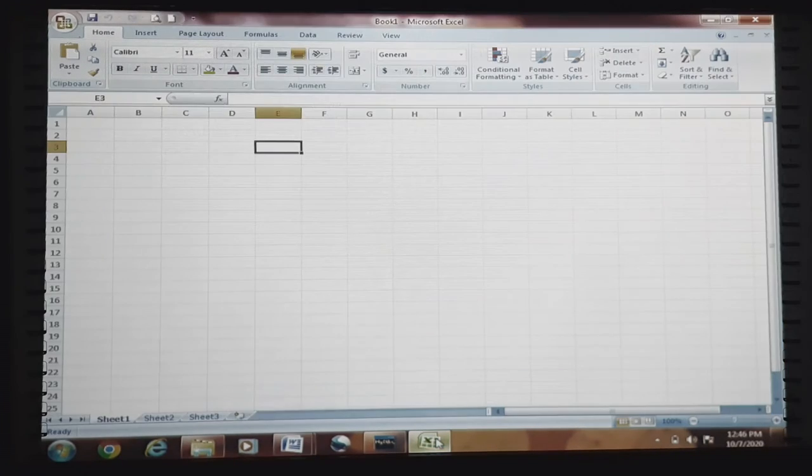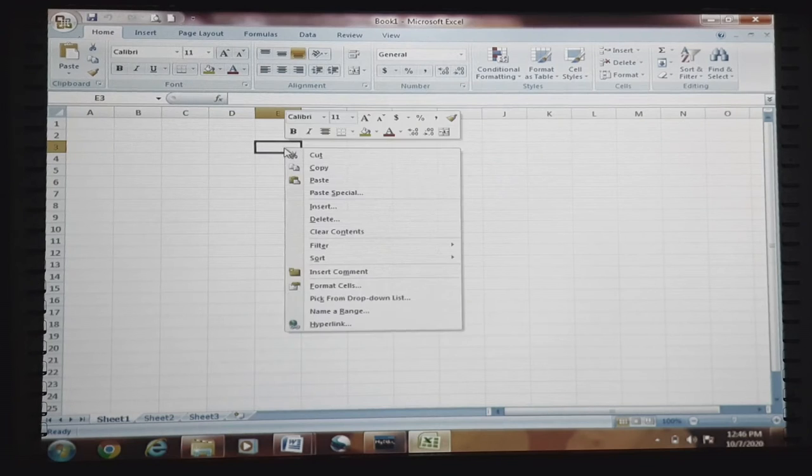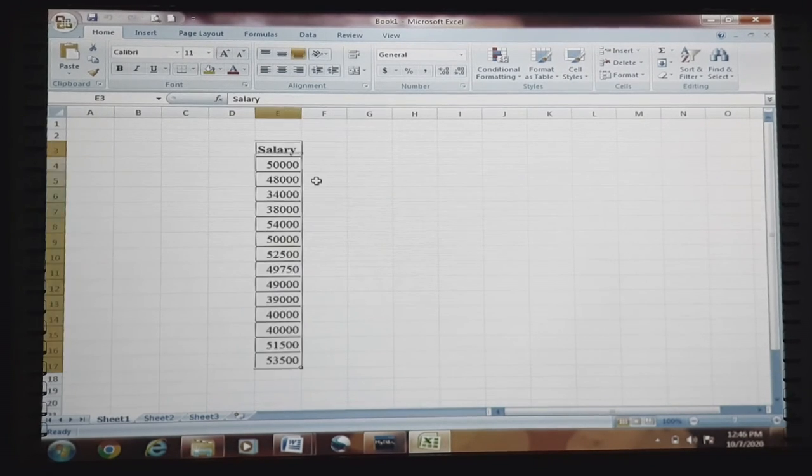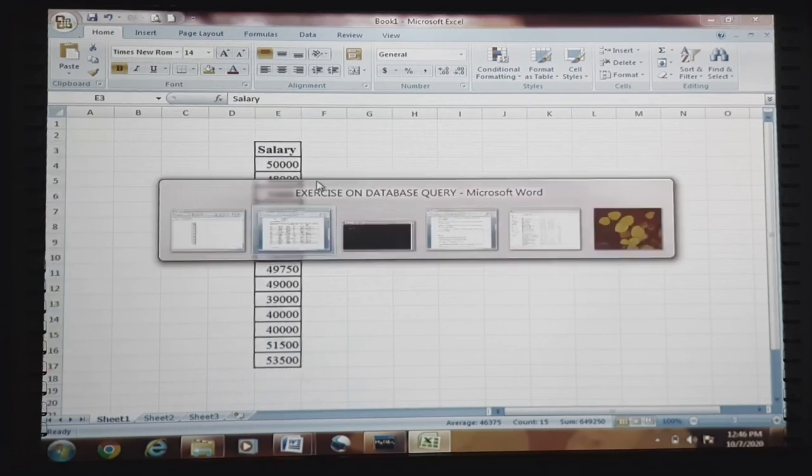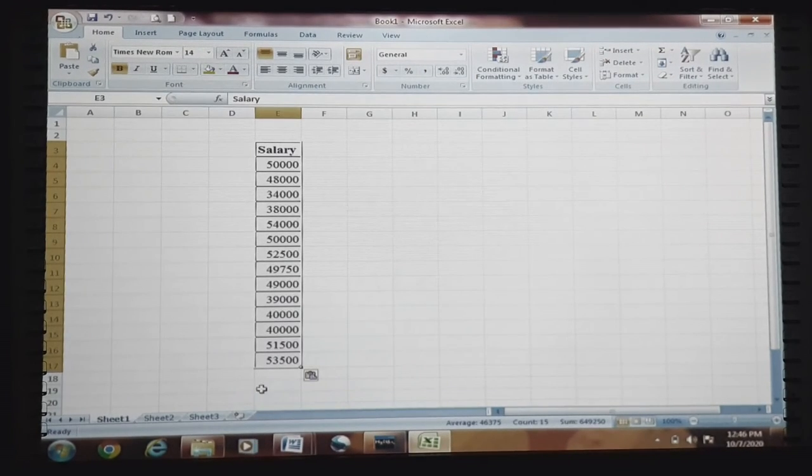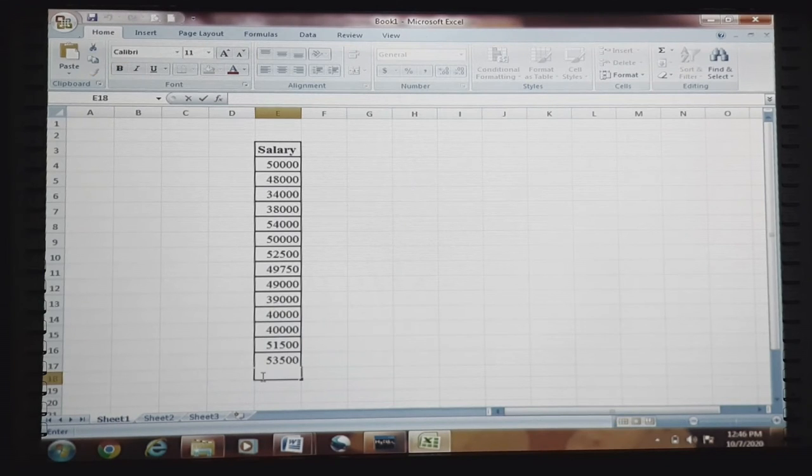Okay, I have inserted all the salaries in adjacent cells. Now I will find out the total sum to check whether the value obtained from the MySQL command is correct or not.